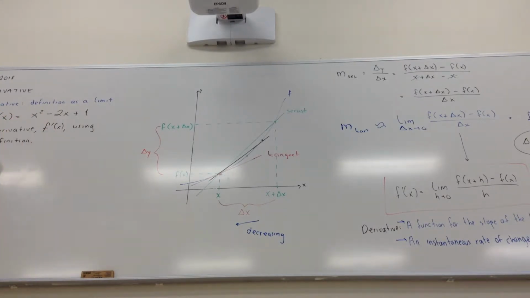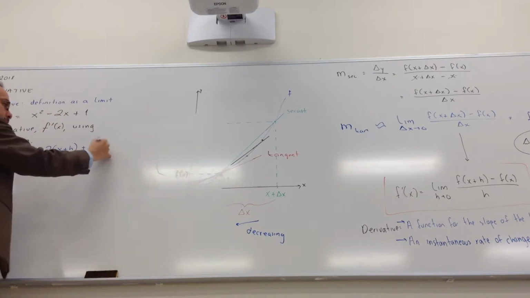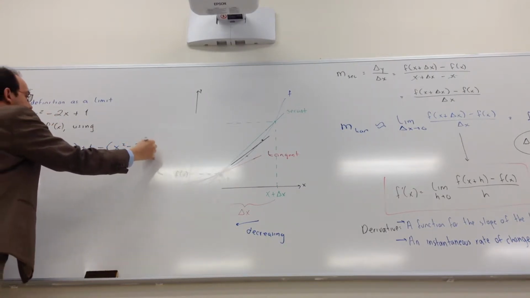It says limit h approaches 0, that's always the same thing. But then it says f of x plus h. What does that mean? That means that I'm going to evaluate this function with x plus h. That instead of x, everywhere that I have x, I put x plus h. So (x plus h) squared minus 2 times (x plus h) plus 1. That's just the f of x plus h. Then it says minus f of x. So what do I do? Minus the original one. So minus x squared minus 2x plus 1